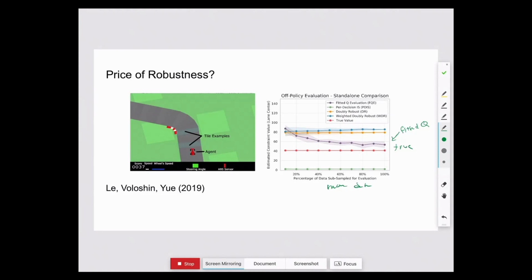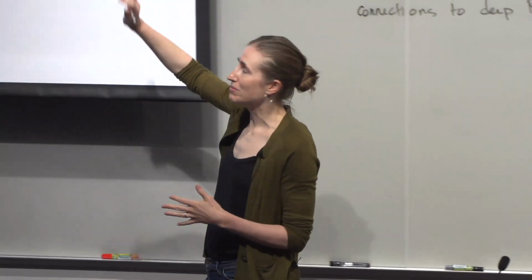Now, when I talk to my statistician colleagues, they say, well, there's no way we could do fitted Q iteration because it's not consistent, and we have to have that property. I think in some scenarios that's very important, and in other practical scenarios it's fine. Given the amount of data that you have, maybe you just care about practical performance.